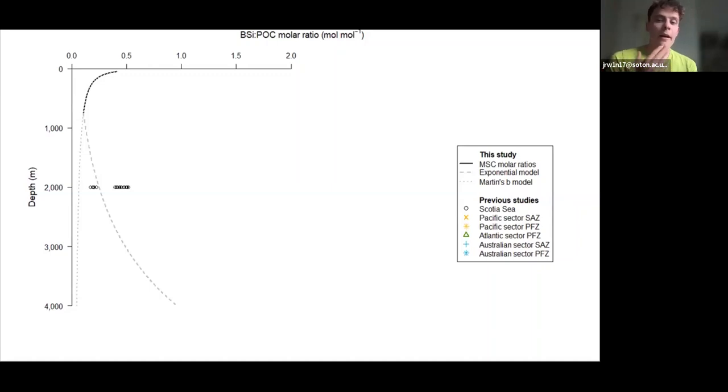And to put that into context with more broad deep sediment trap molar ratios, our extrapolated ratios would fall towards the low end of the range, but within the range. So pretty happy that we can start to reconcile those fairly low marine snowcatcher molar ratios in the mesopelagic with